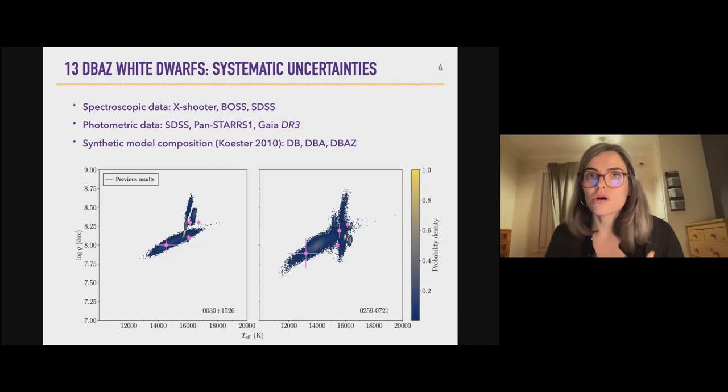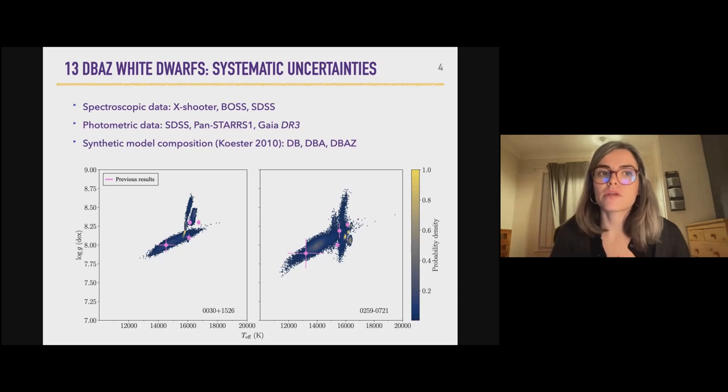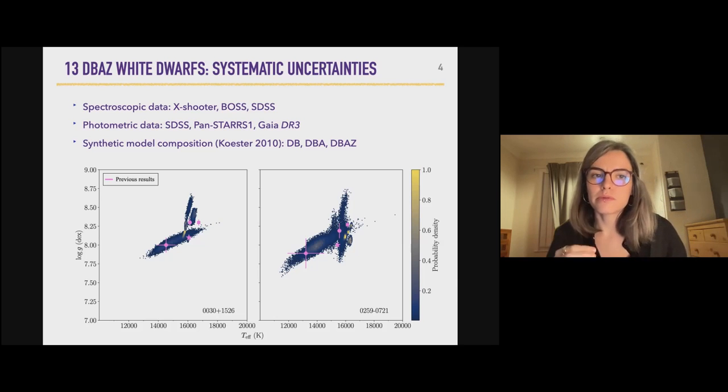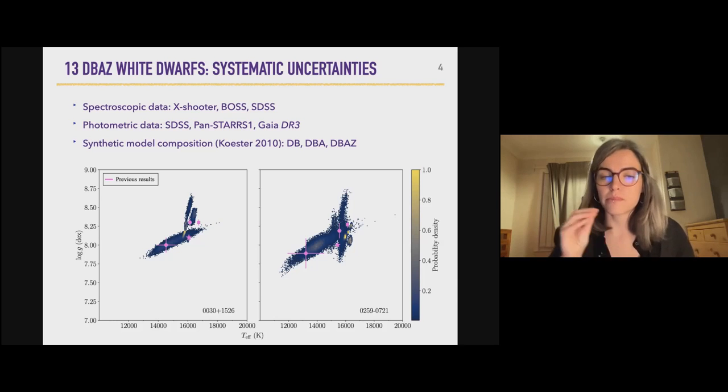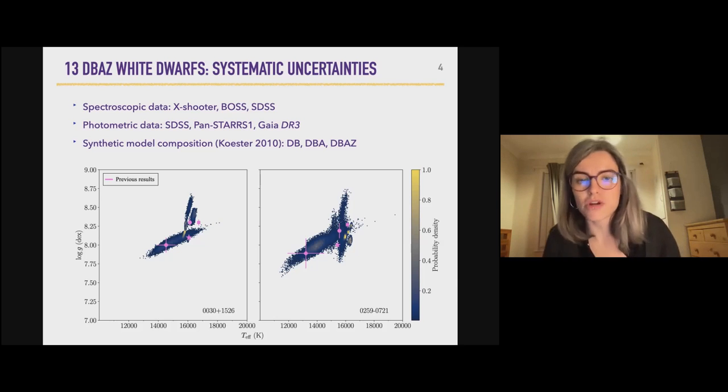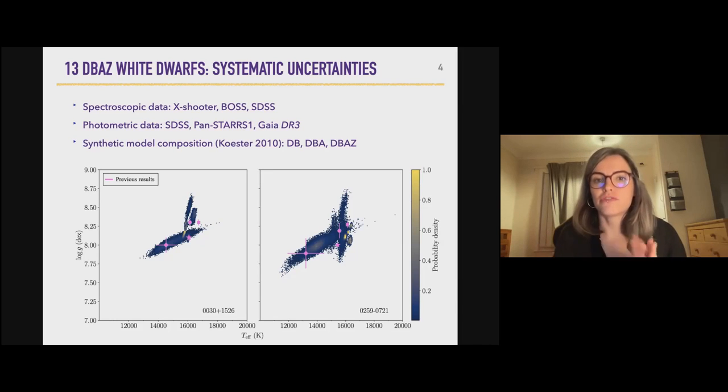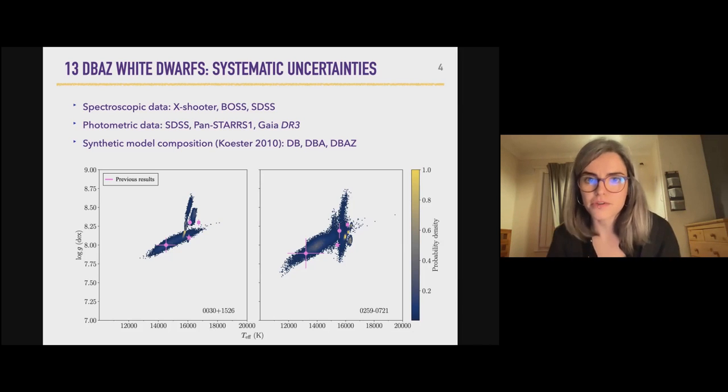In order to do so, we obtained a sample of 13 DBA-Z white dwarfs, and we performed several analyses to each of these white dwarfs. In particular, we performed up to 3 spectroscopic analyses with X-Shooter, BOSS, and SDSS spectra. We did the same in the photometric part, so we retrieved archival photometry from Sloan, Pan-STARRS and Gaia DR3,